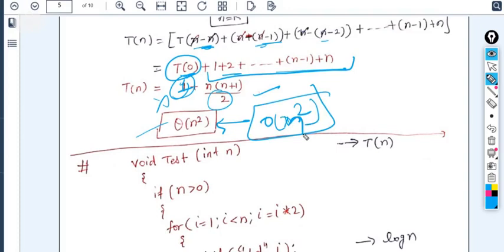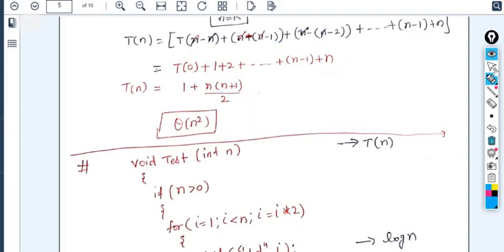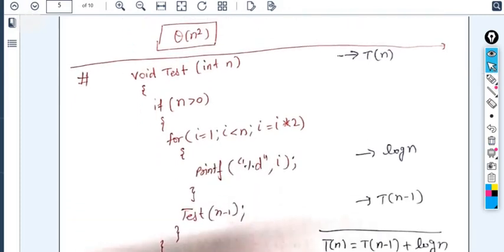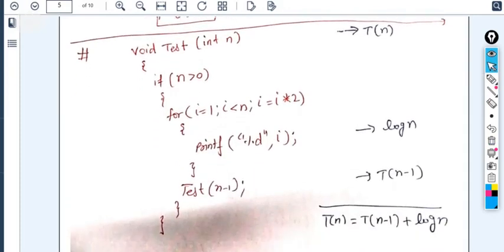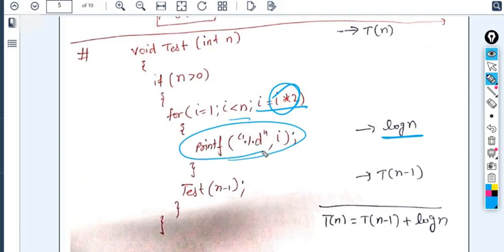So it was all about the solution, like how to solve the recurrence relation. So in the same manner, we have the log n form function here, in which we have the algorithm, in which we have the condition like i should be less than or equal to n, and it is incrementing by 2 over here. So what it means, you are incrementing the value of i by 2. That means if you're increasing it by 2, it will go log n times. We have discussed in the previous lecture itself. So it will take log n, how much time it will print, like printf i, log n, because of this 2 times multiplication of i here.